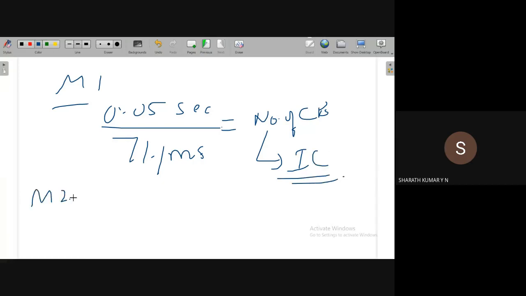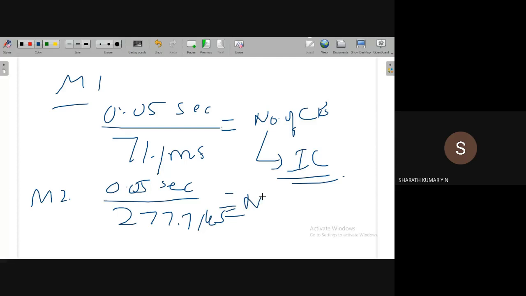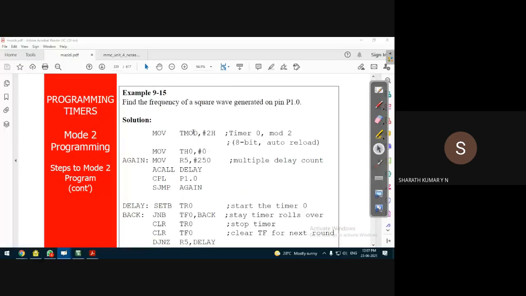In mode 2 operation, divide 0.05 seconds by 277.7 microseconds, that will give n number of clock pulses. So from that, find out the initial count to be loaded to the upper byte of the timer.